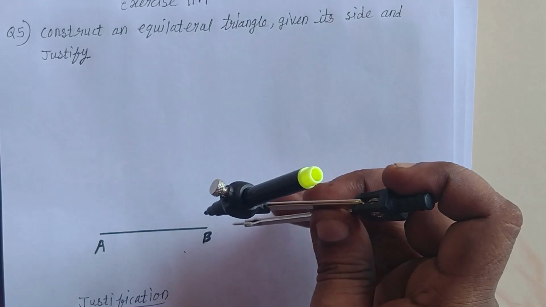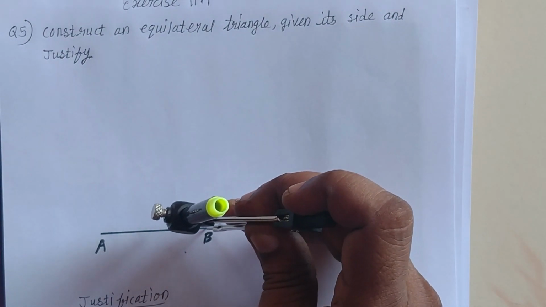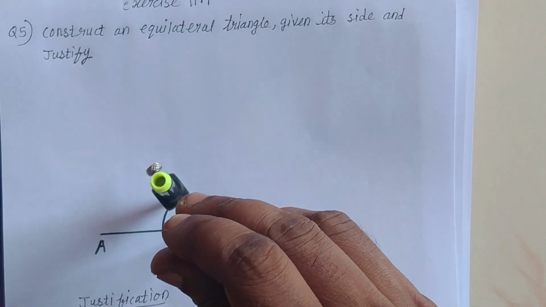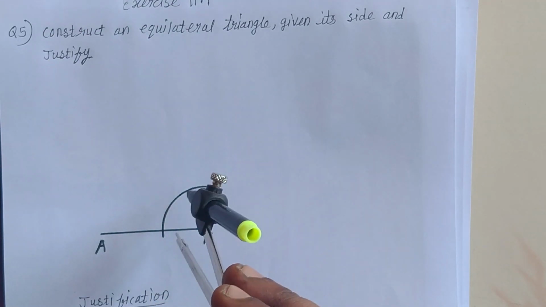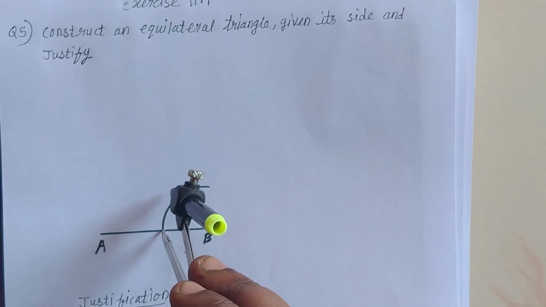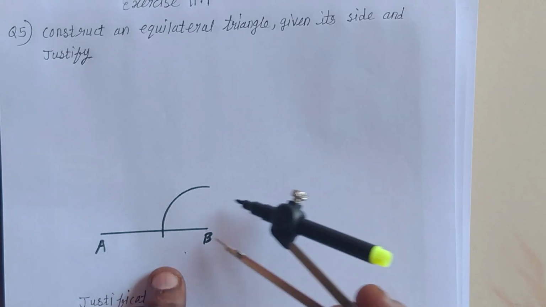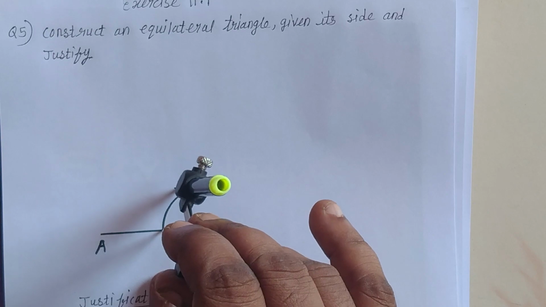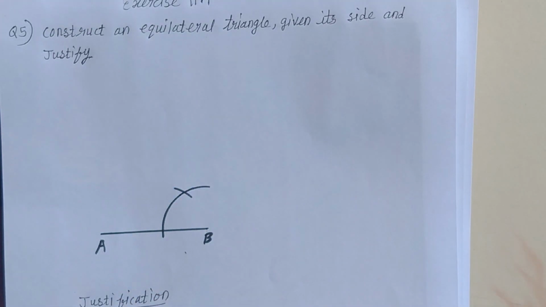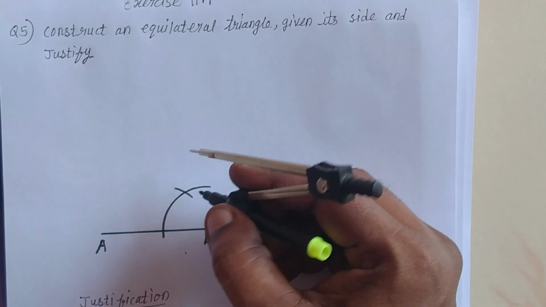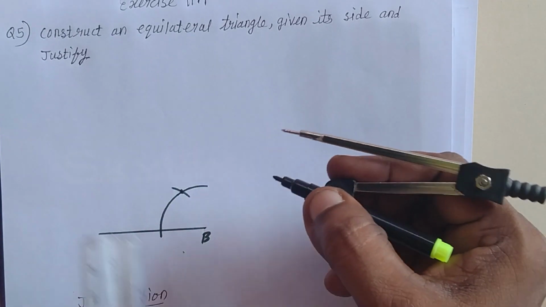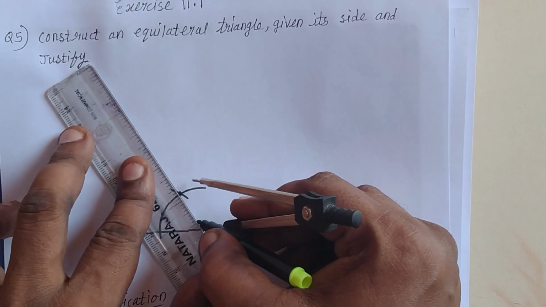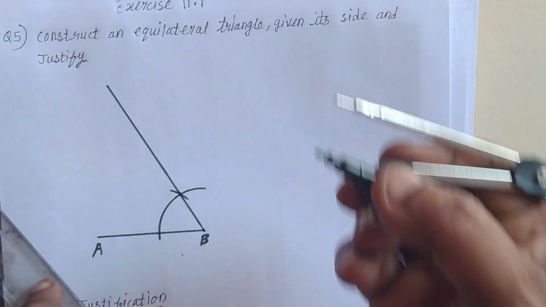So I think everyone knows how to draw 60 degrees. From B I am drawing first. Take a sufficient distance, draw the arc. You can draw a minor arc because you have to draw 60 only. Same distance, and from this point draw the arc here. So this will give you 60 degrees. This is the point where both arcs are intersecting. Now join this point with B, and you have to draw the ray. You can draw this as far as you want.